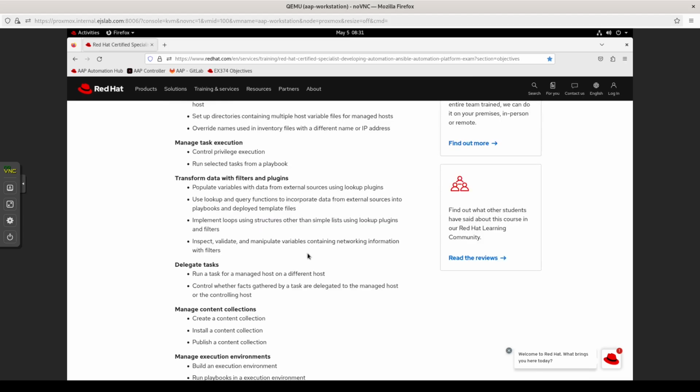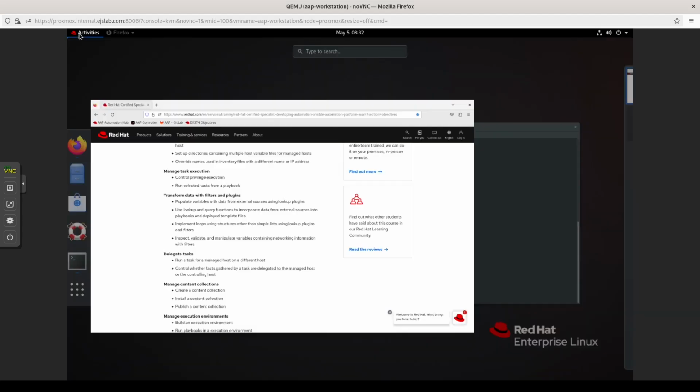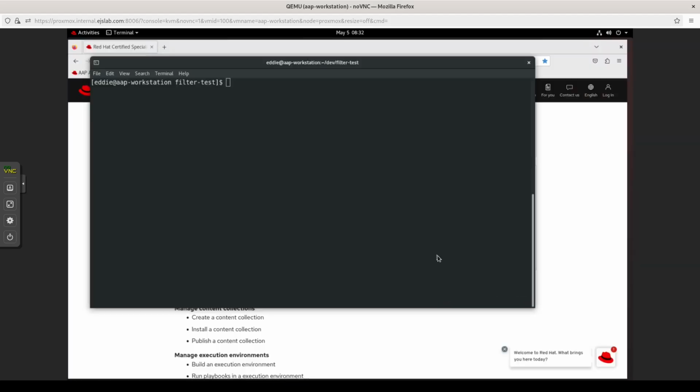So continuing with the transform data with filters and plugins set of objectives, which are my weakest set for this particular exam. So I can go ahead and say with the assessment, I'm going to have to do some more practice with this. I'm going to look at the inspect, validate, and manipulate variables containing networking information with filters. And from what I have gathered, this is mainly talking about a particular filter called ipaddr, or